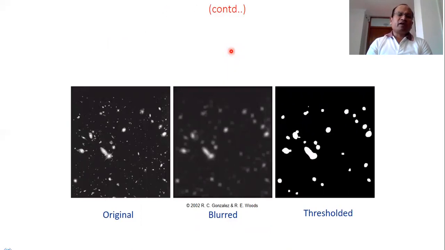This is one example where there is the original image and a blurry image. In the second image, we can see a blurry image, and in the third one, we find the output of thresholding. What is thresholding? In thresholding, we assign only 2 values. You look at here, only 2 values. In the second one, blurry means the masking has been done on the entire original image. Some kind of averaging operation has been performed, and therefore there is some distribution of grayscale values you can find here. Whereas in the third one, you have assigned only 2 values and other values are not allowed.